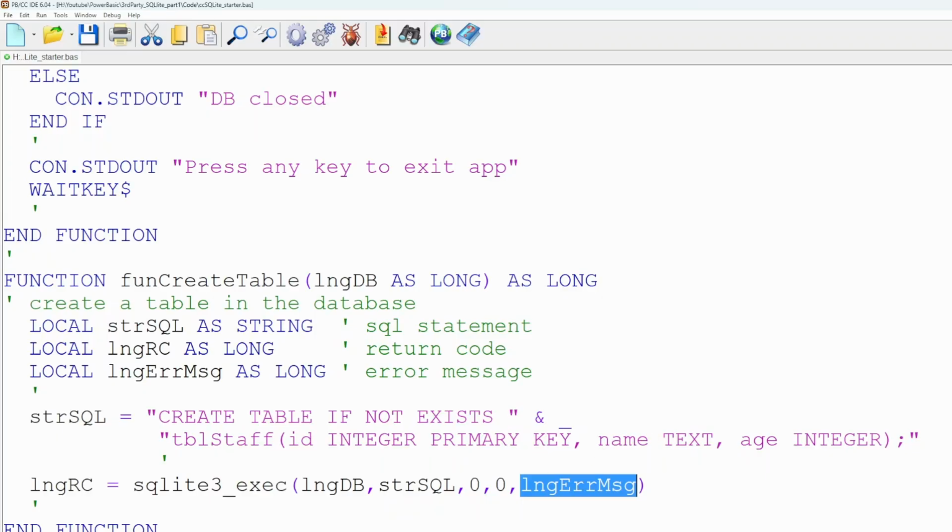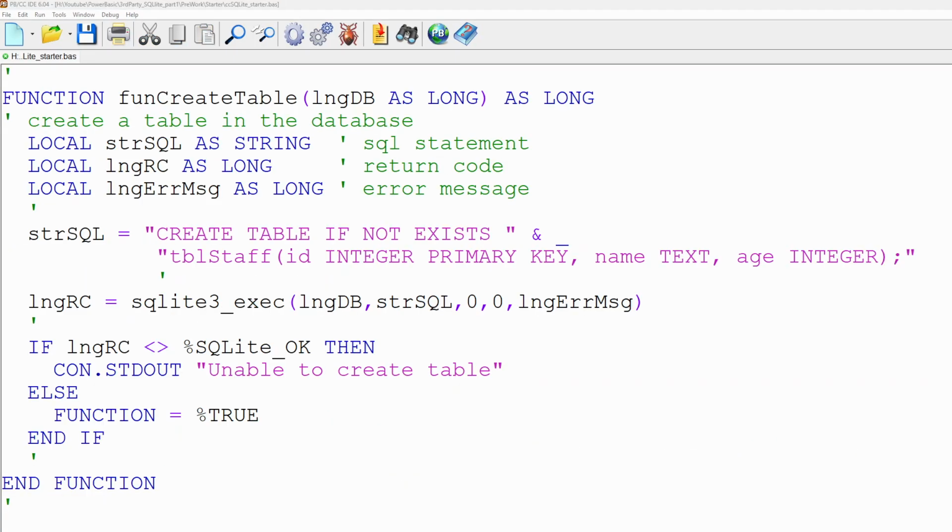But as we've done before, we can test the value coming back on our return code to make sure that it equals SQLite. If the value is not SQLite, then we can say we're unable to create the table. If the value is SQLite, we'll return the value true from this function. As you will see from the SQL statement, we are only attempting to create the table if it does not currently exist. So if the table does currently exist, we will not attempt to create the table and no error